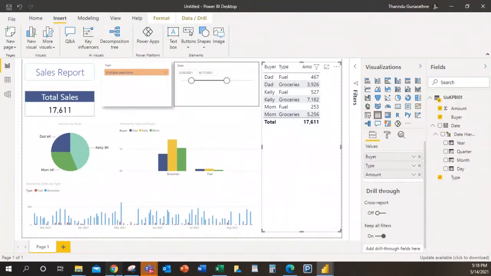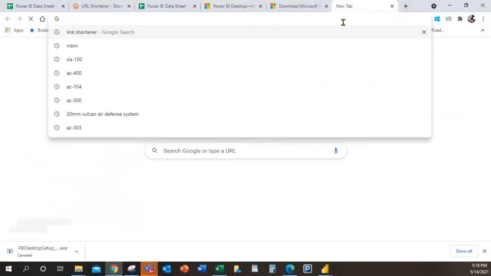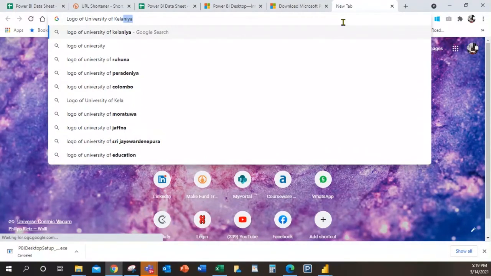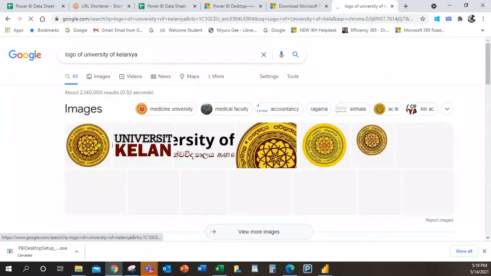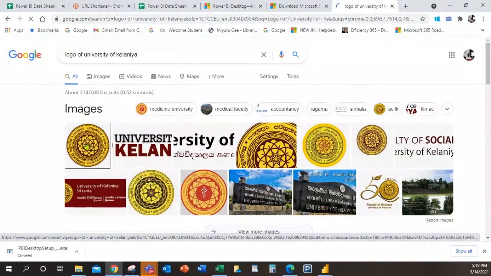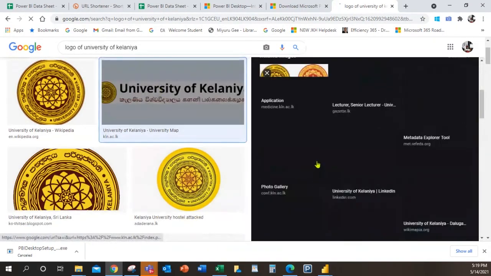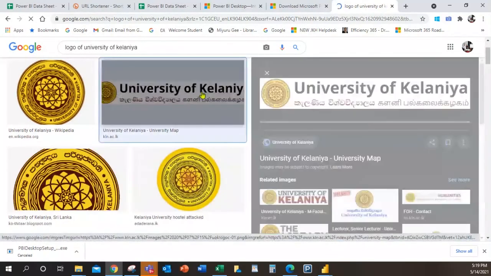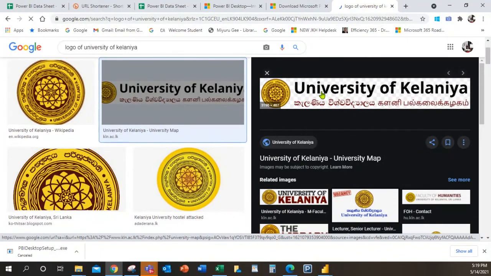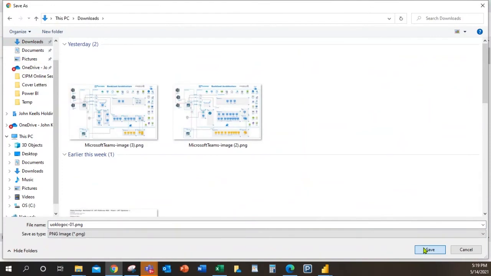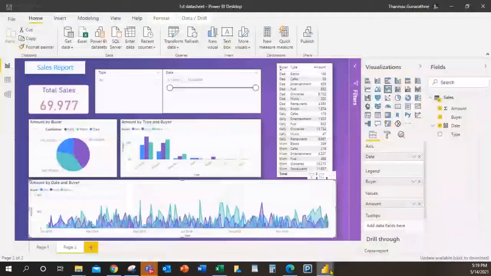And let me download the logo of University of California. Now I need to add that logo to this dashboard.